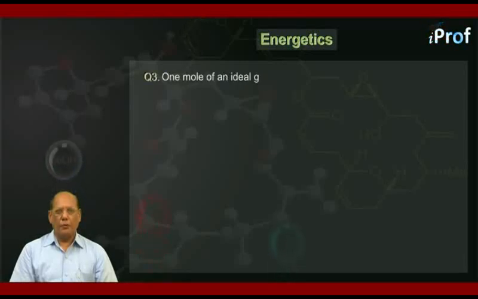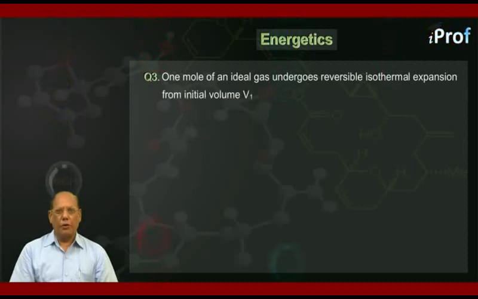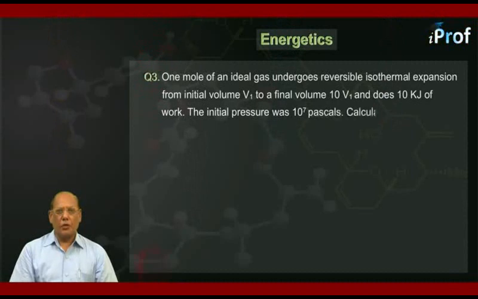One mole of an ideal gas undergoes reversible isothermal expansion from initial volume V1 to a final volume 10 V1 and does 10 kilojoule of work. The initial pressure was 10 to the power 7 pascals. Calculate the value of V1. Solution of this question is,